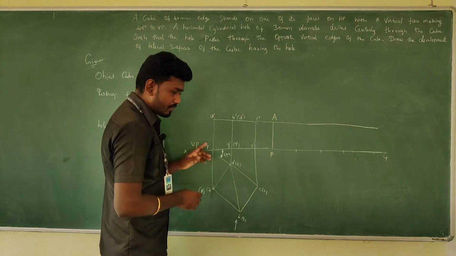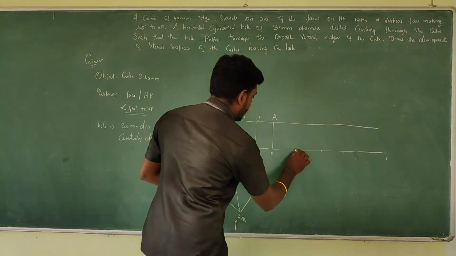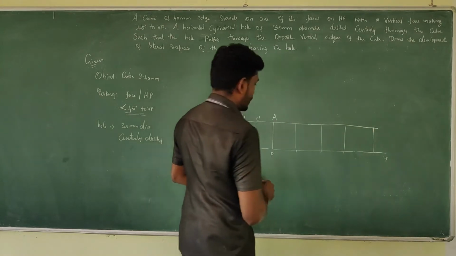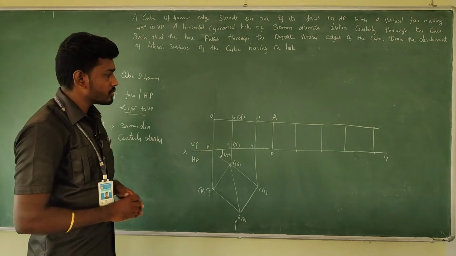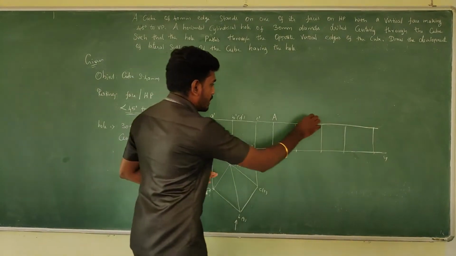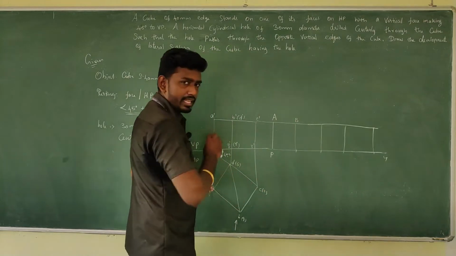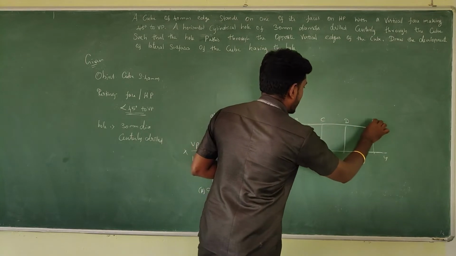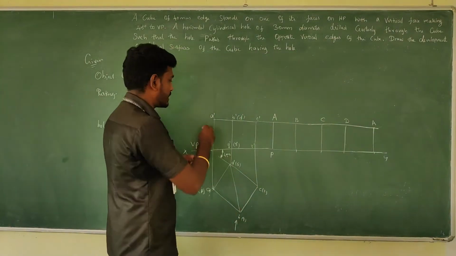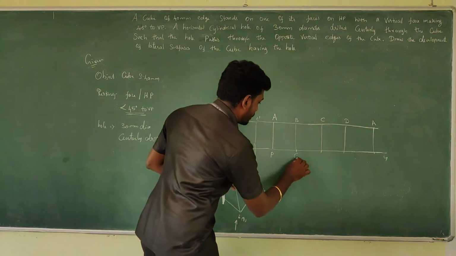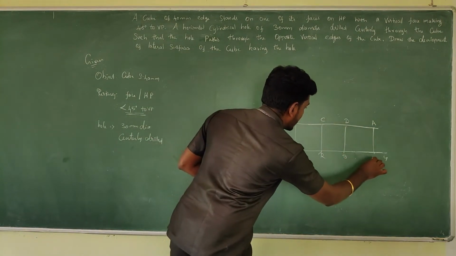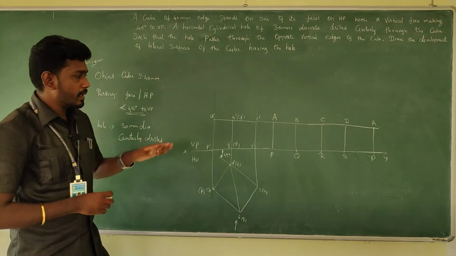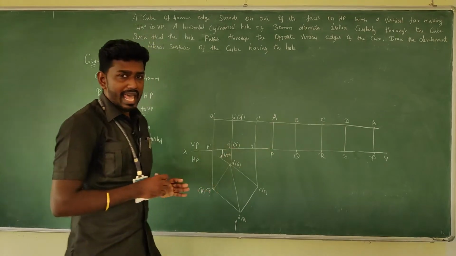So this is how you will get it. All the edges are parallel, so draw parallel lines. Then when you are giving the names, I can say this is B in the top base. In series it comes A, B, C, D and again ends with E at the extreme end. And then Q, R, S and again it ends with P in the bottom base. Now the stretch out is ready.